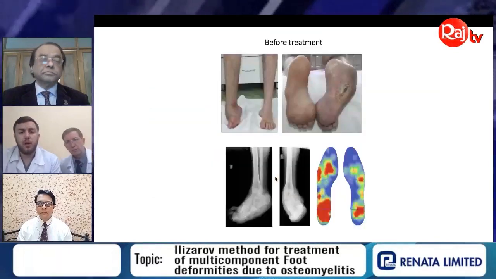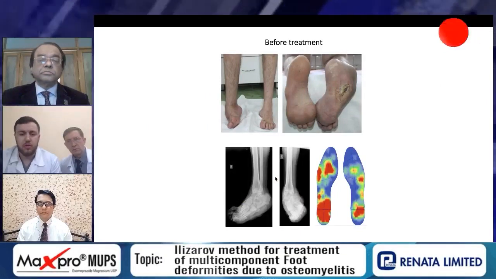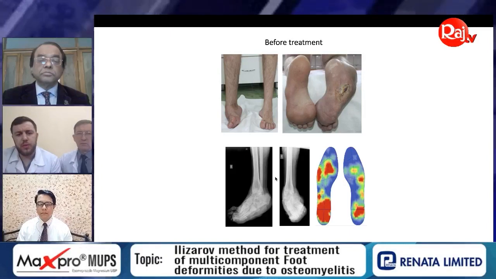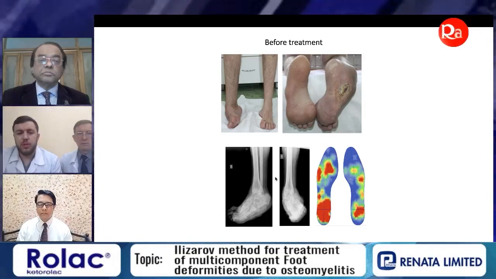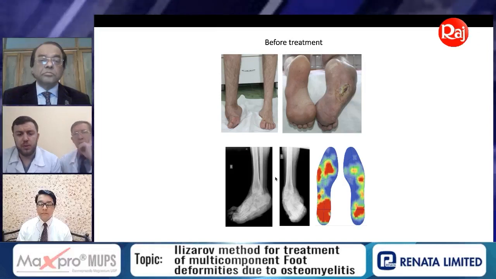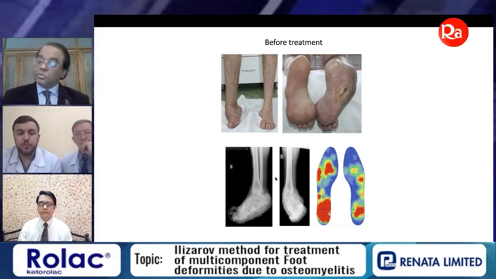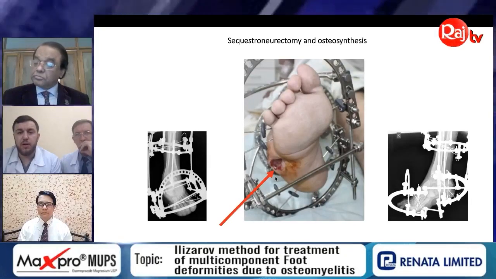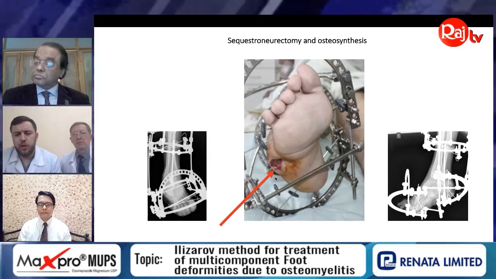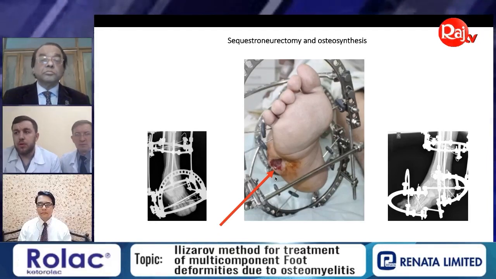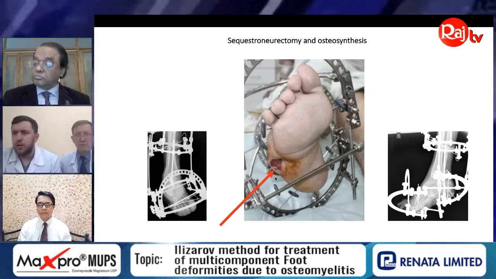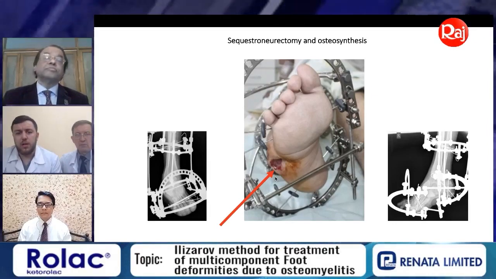Another case, a patient 35 years old with a spinal injury and equinocavovarus foot, right foot deformity, with ulceration, with osteomyelitis of the fifth metatarsal bone. In the first stage sequester necrectomy and osteosynthesis by Ilizarov were done. And because the patient had some troubles with articular surfaces of the midfoot, ankylosis of the talonavicular joints,